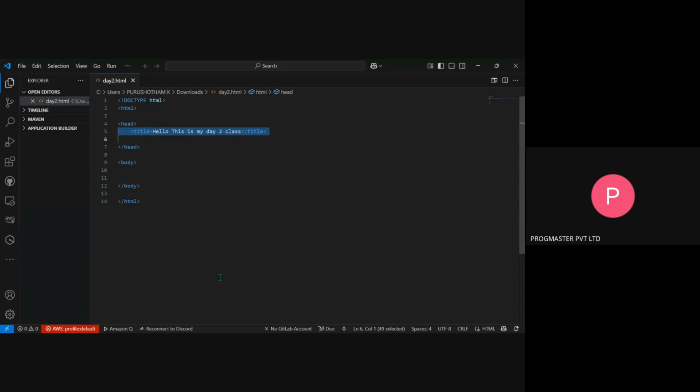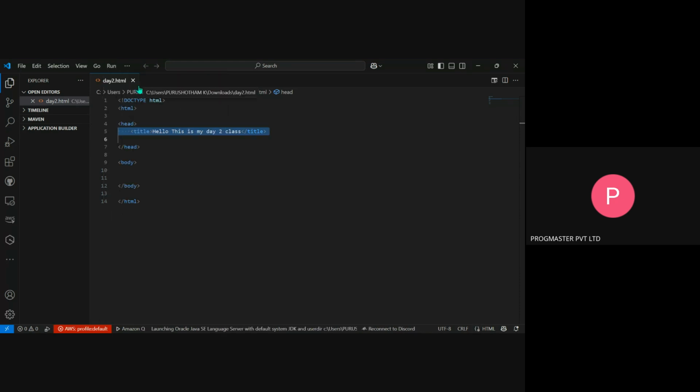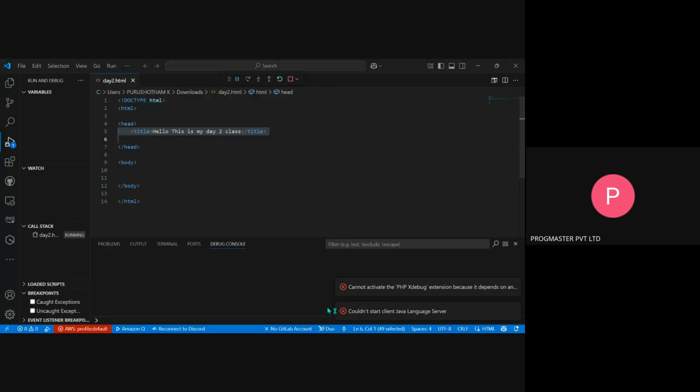So first of all, let me try to run this file. You will understand. So if you want to run this file, there are two options. Run without debugging, you can click this. The output will come in some browser, Chrome. Let's take, the output will come here. There is nothing because we didn't write anything in the body. So for example, if I write h1 hello,